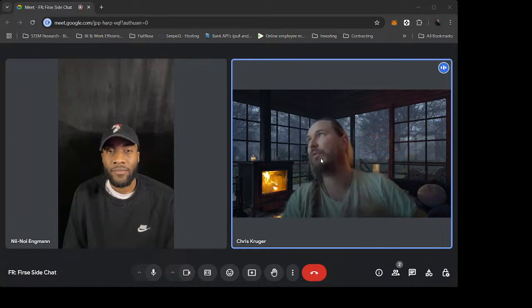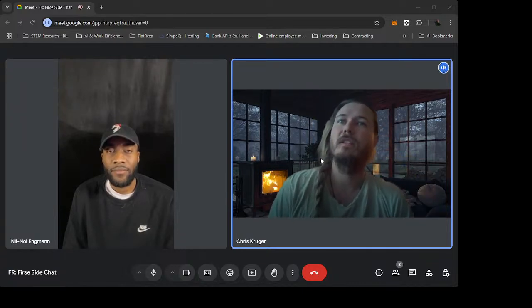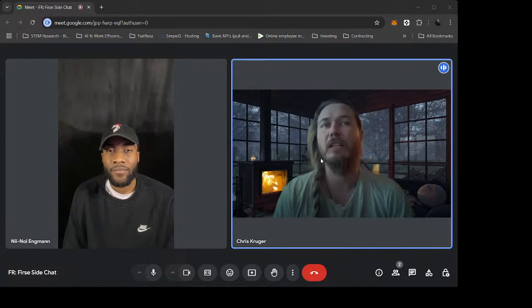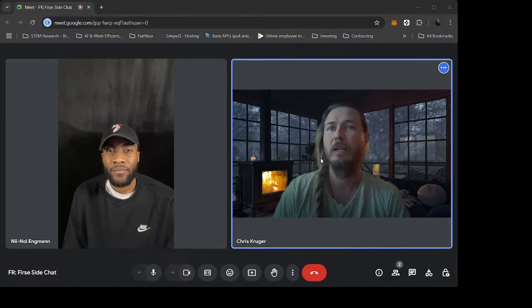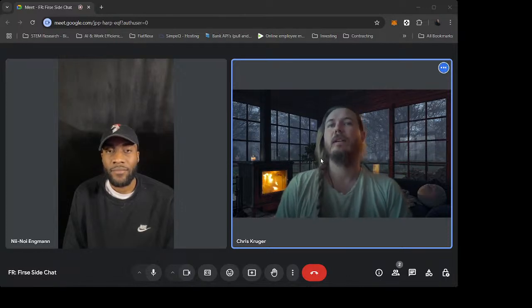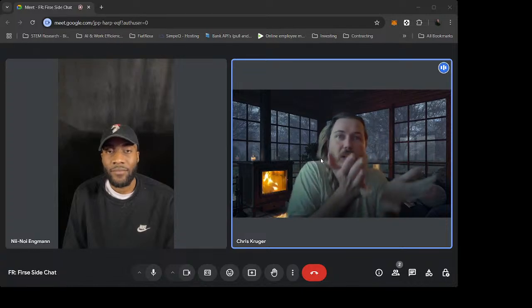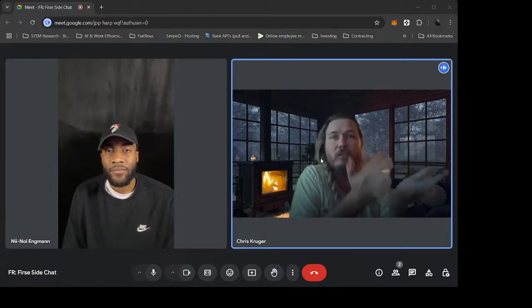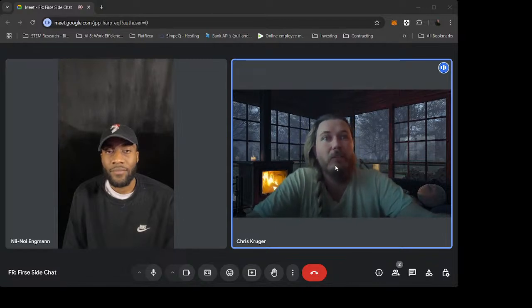In the paper, which will be linked in the video description, I go on to say that crypto smart contracts and blockchain technology offer a potential solution to this problem by allowing for the creation of a rule-based system that can enforce the use of common goods in a way that serves the common good. So through the use of smart contracts and decentralized governance, it is possible to create protocols that align the incentives of individual actors with the goals of the common good, while having it all immutable and enforceable, because you don't